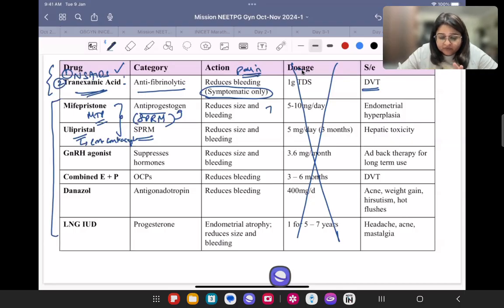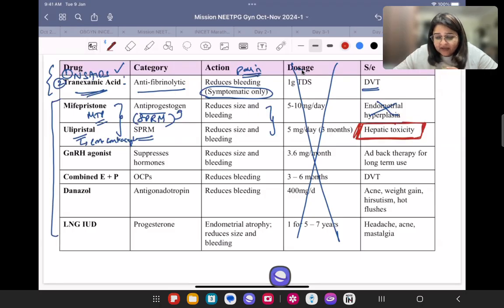But remember, both will reduce the size and bleeding. Remember, fibroids have both estrogen receptors and progesterone receptors also. So based on the premise कि they may be progesterone receptors also, हम ये drugs देते हैं anti-progesterones. ठीक है? Now very important, this is not important, what you need to remember for ulipristal, it came into the